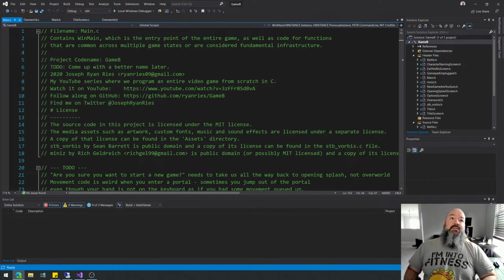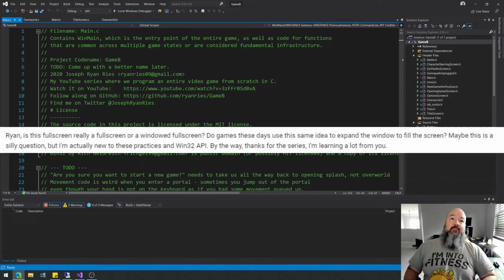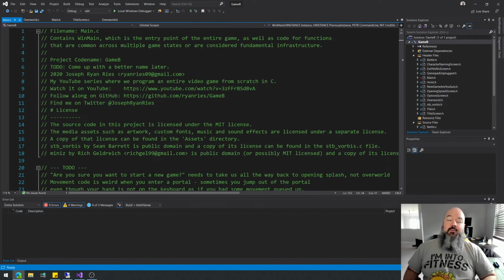First commenter says, Ryan, is this full screen really a full screen or a windowed full screen? Do games these days use the same idea to expand the window to fill the screen? Maybe this is a silly question, but I'm new to these practices and Win32 API. By the way, thanks for the series. This is a great question, a fantastic question. He's talking about,